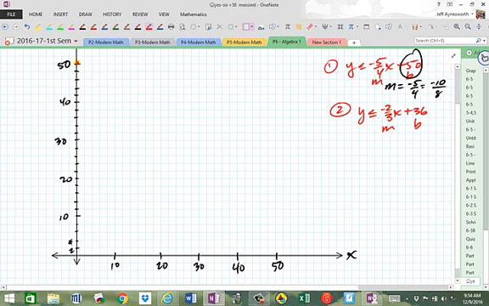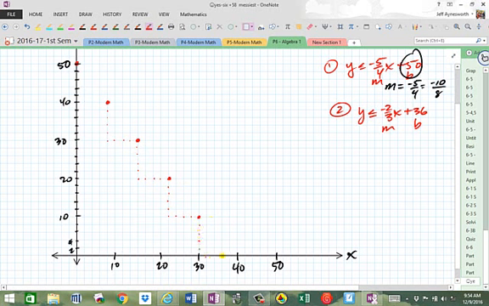So down 10, it's 2, 4, 6, 8, 10, and right 8, 2, 4, 6, 8. So if we did this correctly here,